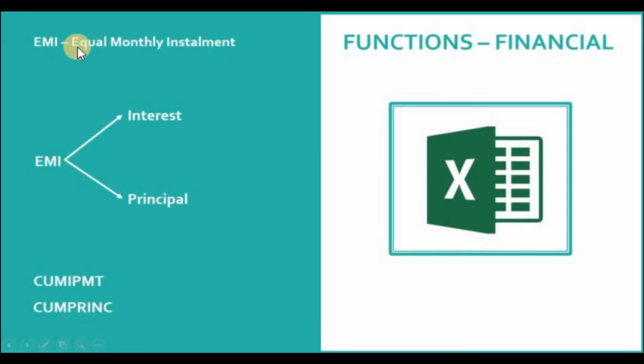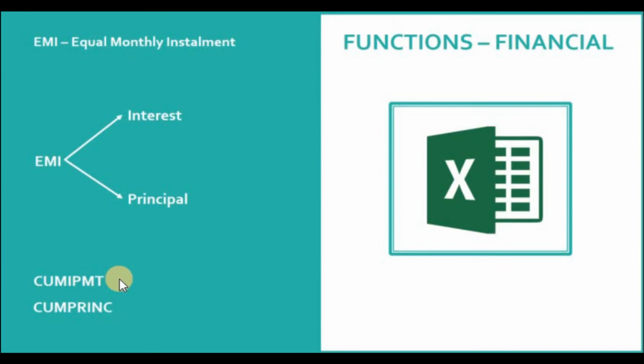If you take a loan, there will be a monthly equal installment for repayment. This monthly installment will have two components called interest and principal. In each payment period, the interest and principal amounts will vary. Suppose I want to see what the interest is when I am paying the third installment, I can calculate this using the Excel formula CUMIPMT. This will calculate the cumulative interest payment between periods.